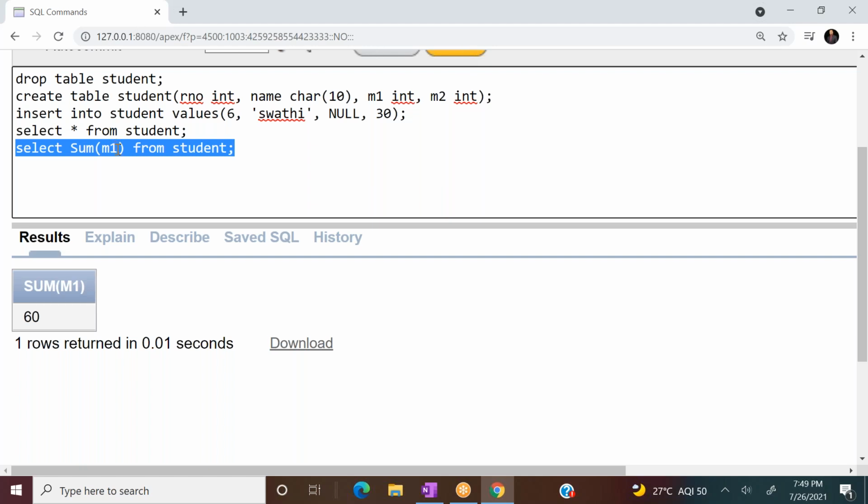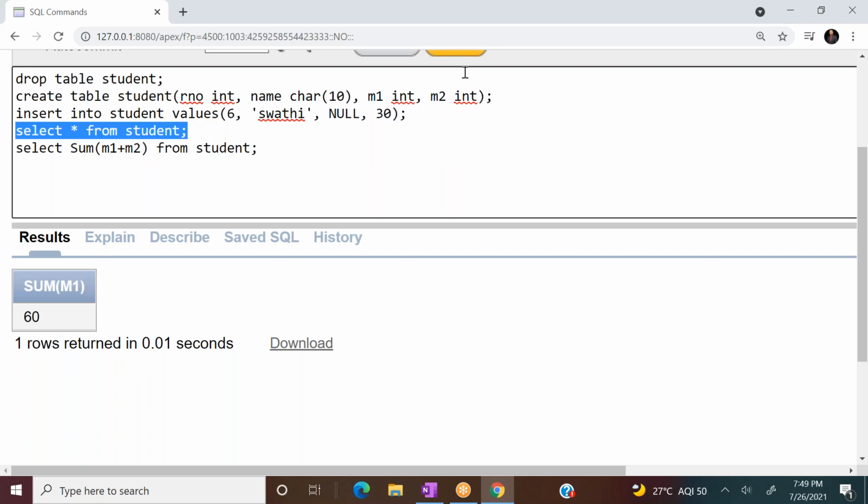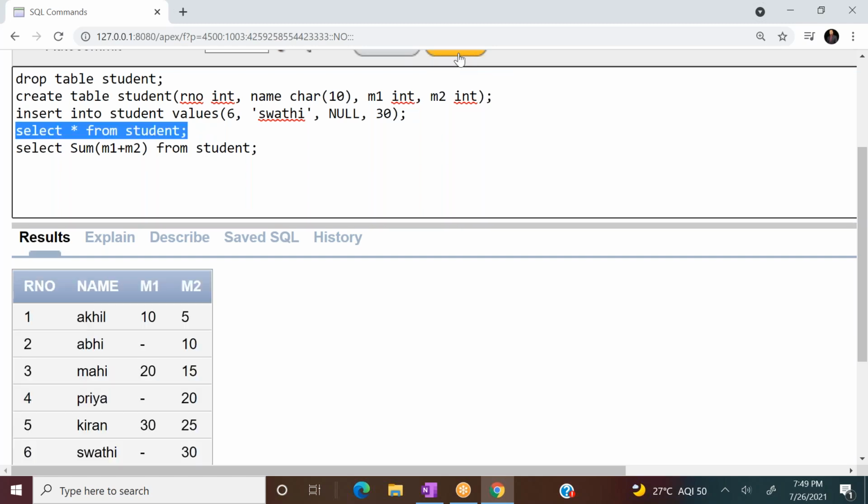Now if I write select sum of M1 plus M2 from student, can you expect what output is possible for this query? First, I will show you on the screen the student table. This is a student table.